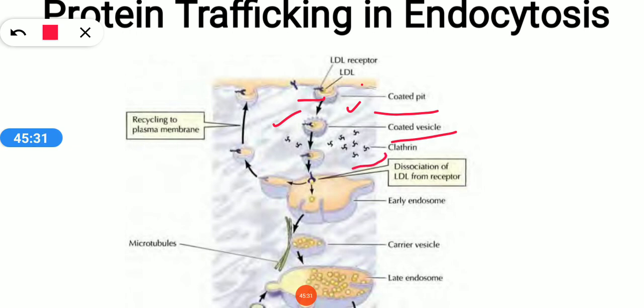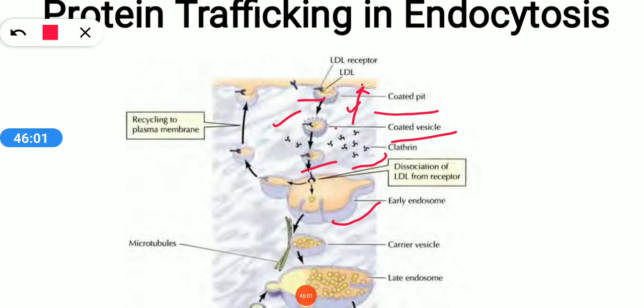So these clathrin molecules have detached from these clathrin coated pits. Now, in this vesicle, what is present? LDL receptor along with LDL. And these clathrin molecules are again sent back to the clathrin coated pits. Now this vesicle, when it fuses with the endosome,